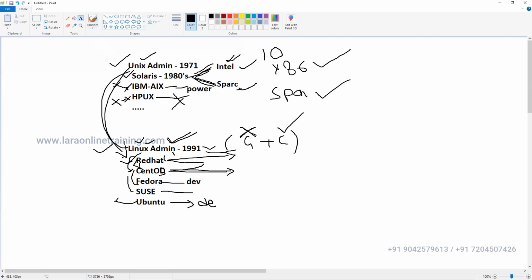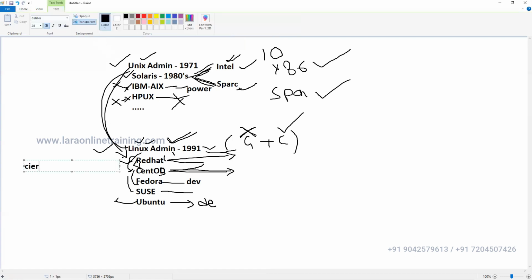The names differ. In Linux, we call it virtualization. I'm just giving you one example: virtualization, one technology. If you go to Solaris, they call it zones. They have full zones and half zones, some zones are there in Solaris actually. In the same way, IBM calls it LPAR, WPAR. Both are virtualization only. The names are different here. Obviously, the commands might be something different.